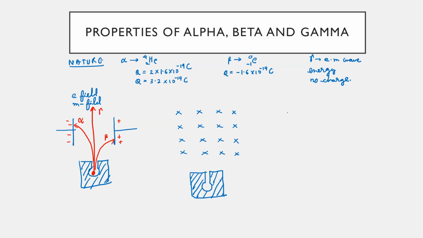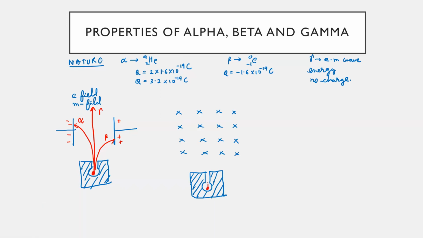So a cross indicates moving inside the page. So when the magnetic field is directed perpendicular to the page pointing inside, and then you are shooting alpha, beta, gamma, how will they deflect? So what you need to remember over here is this: